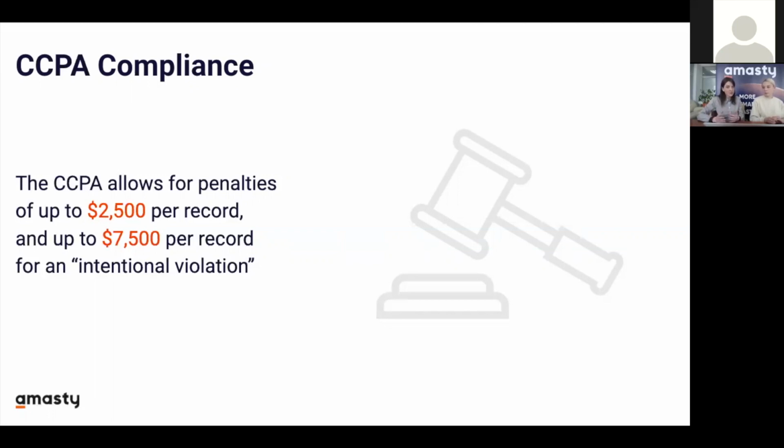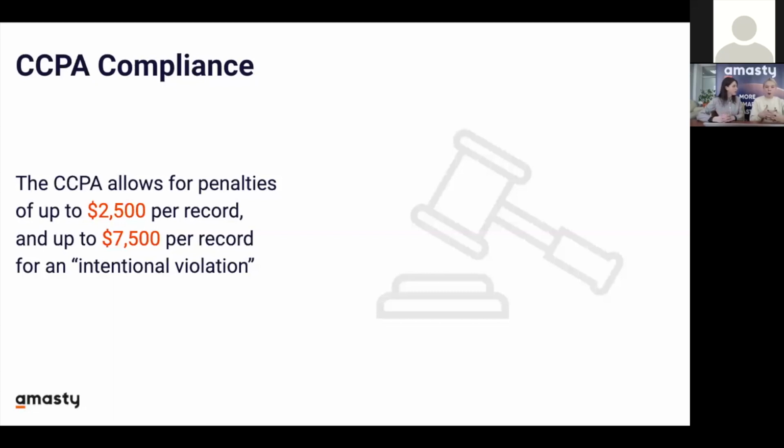set of rights. And these include the following 3 rights that we are going to focus on. So the first right is the right to know what kind of data is collected and sold and shared by the organizations and companies about them. The second right is the right to request the companies to delete their personal information. And the third right is the right to opt out of the sale of their personal information. So, Anna, could you please just say a few words about these rights and how our extension helps to provide